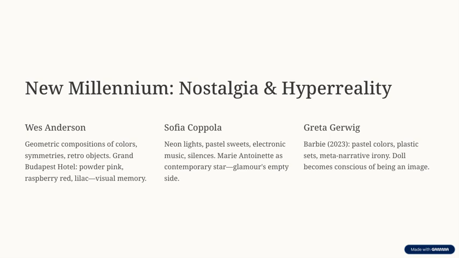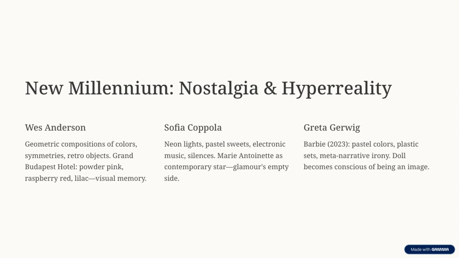First, we have Wes Anderson, whose style is instantly recognizable. He uses geometric compositions, vibrant color palettes, and symmetrical framing to create a visual world that feels both whimsical and meticulously crafted. Think of The Grand Budapest Hotel. Its signature powder pink, raspberry red, and lilac tones evoke a sense of visual memory, almost like stepping into a dream or a nostalgic